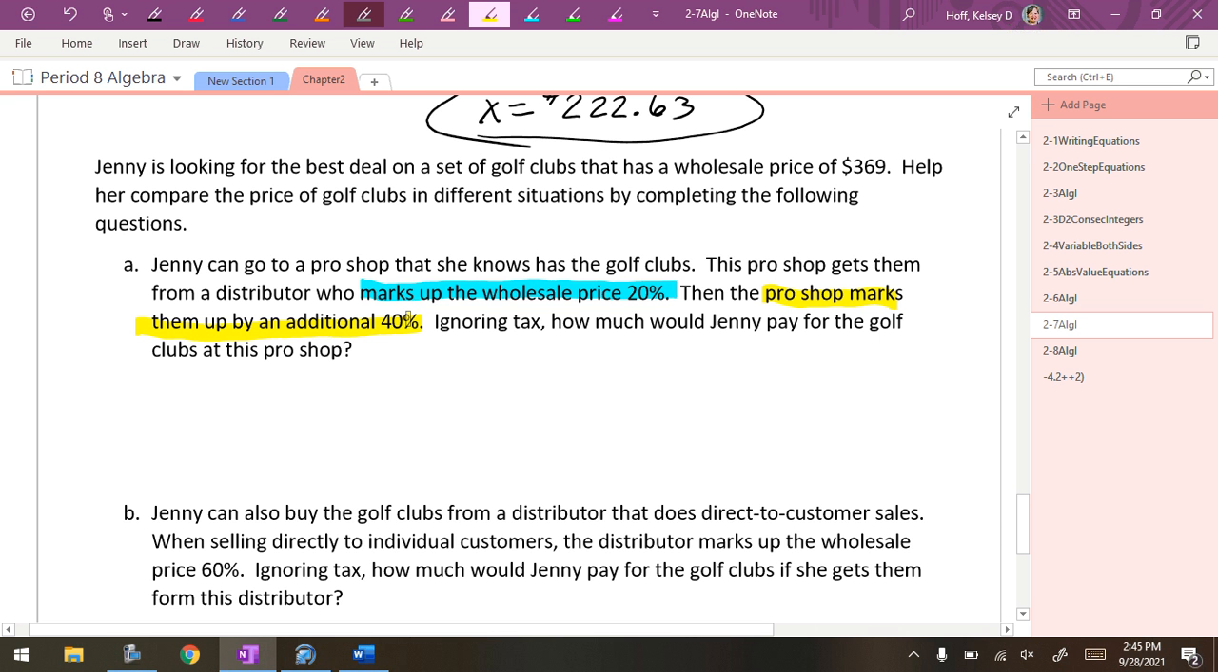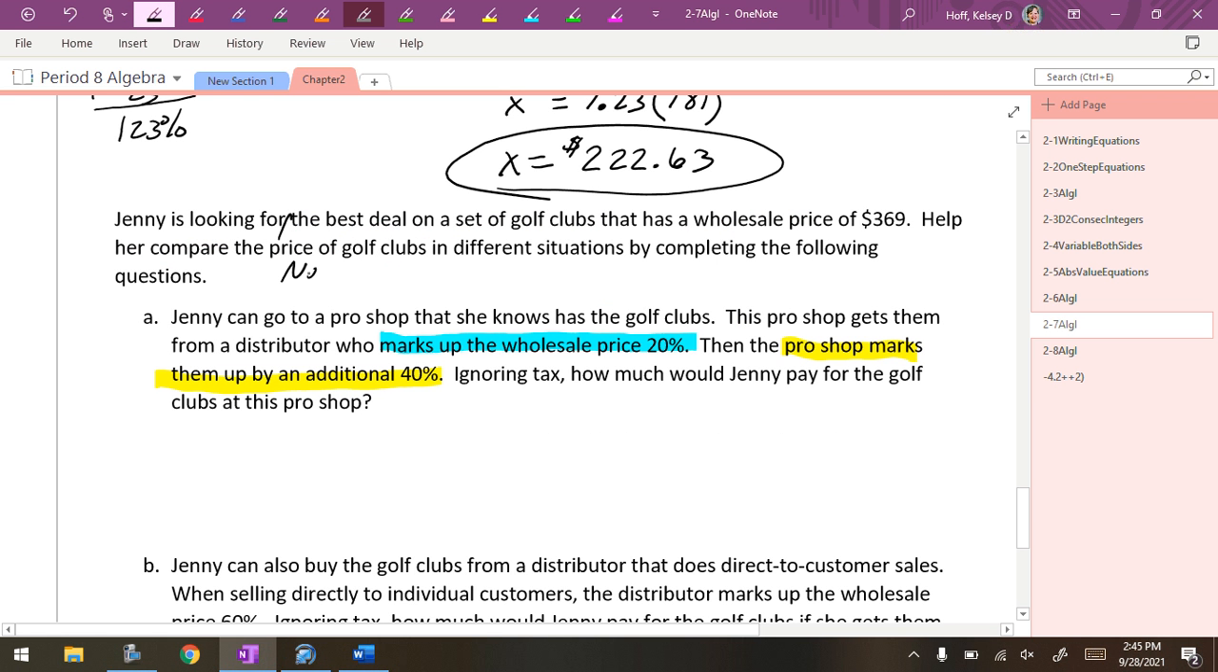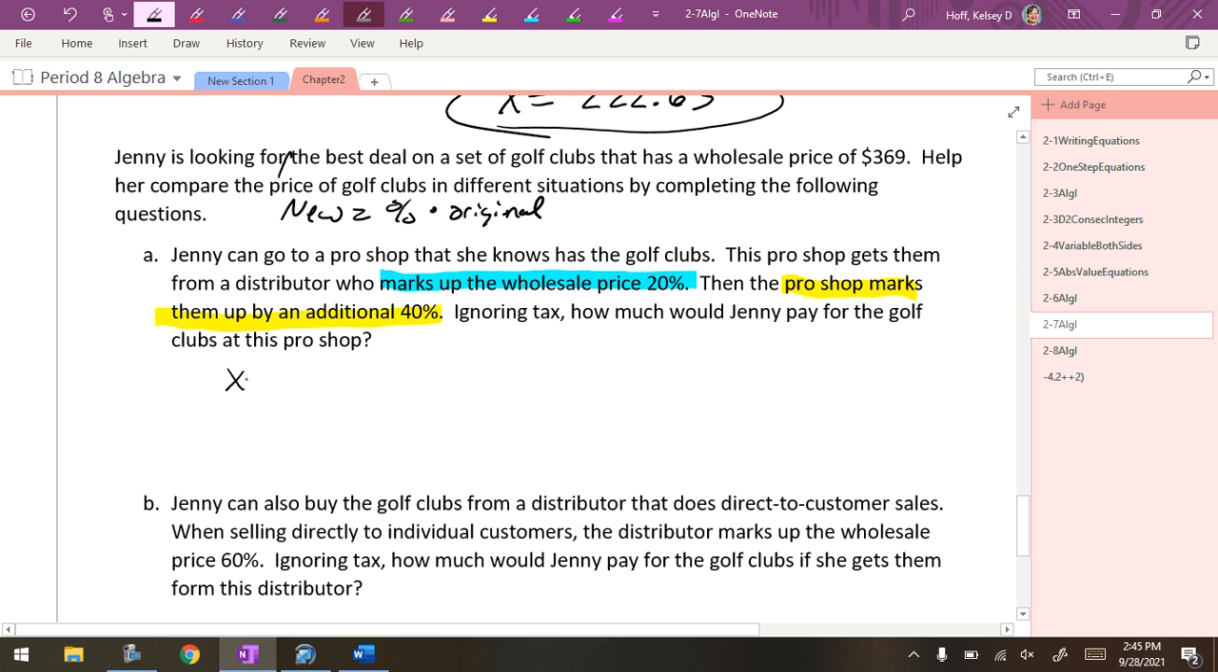So we have two situations here. Okay? So remember that new equals our percent times our original. We don't know our new price, agreed? What percentage are we going to have to pay for the first markup? 120%, as a decimal is